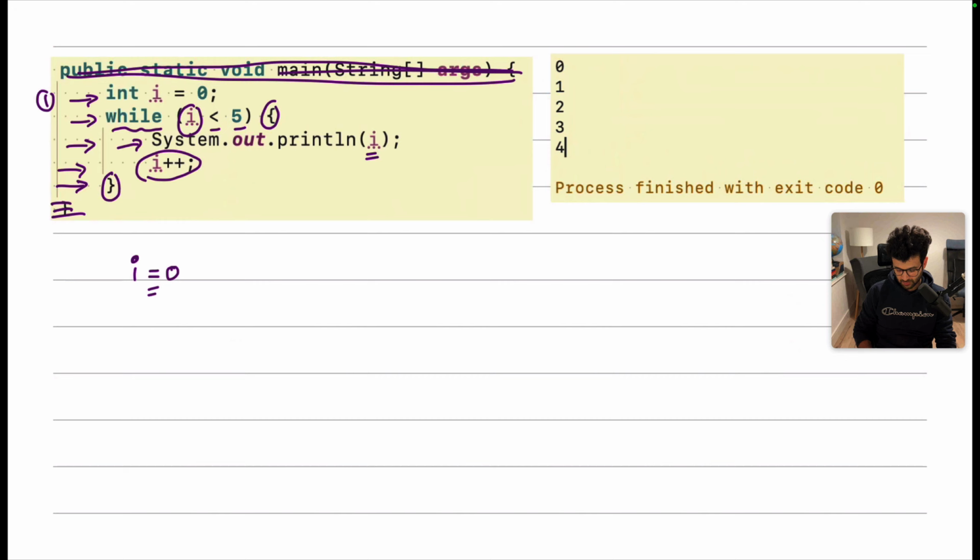And then this means increase the value of i by 1. So this means i equals i plus 1. So if i's value is 0, then add 1 to it, then store it in i, so i becomes 1. Okay? All right. So we evaluate the condition. While the value of i is 0, then certainly 0 less than 5 is true. So we go in and we execute the